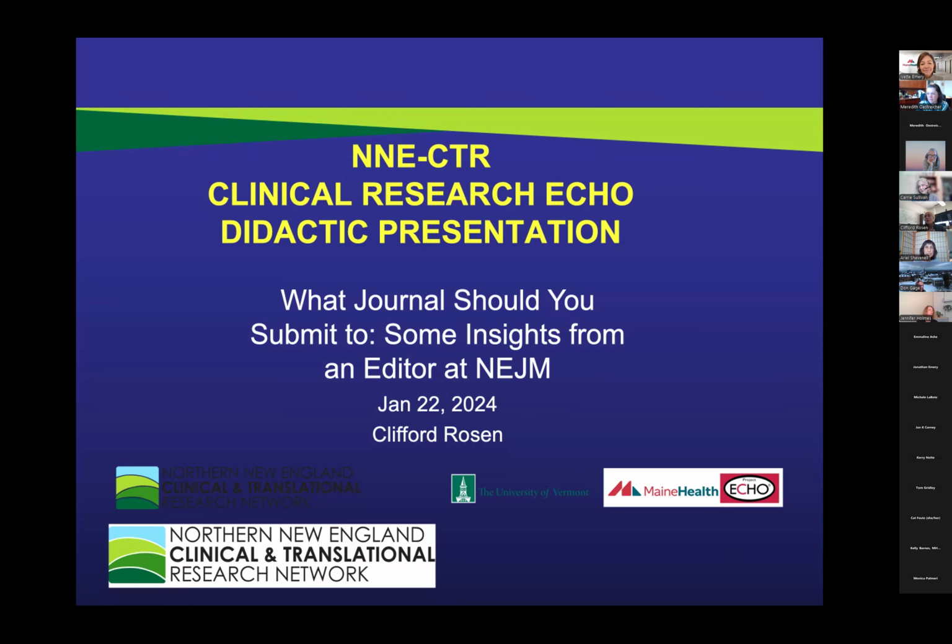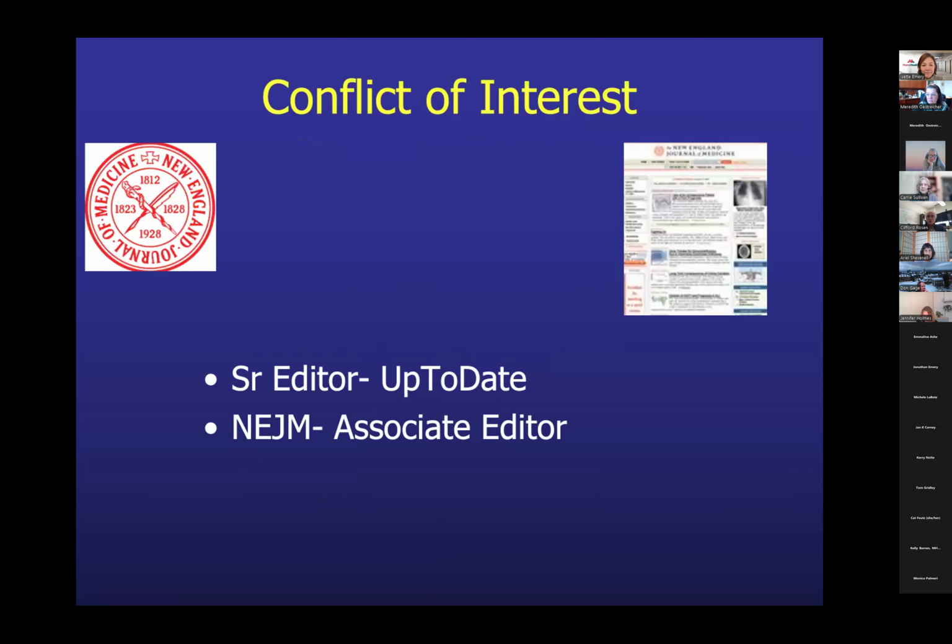So when Yvette asked me to talk, I thought this would be a good opportunity, not to talk about New England Journal per se, but I'm going to give you some examples from the journal, but also how you should select a journal for potential publication. And no journal is out of reach. So it's worth thinking about how you might approach this in a systematic fashion, which is often not the case, particularly among young investigators and postdocs who really just want to get published. So they go to the top journal, regardless of what the journal really is oriented towards.